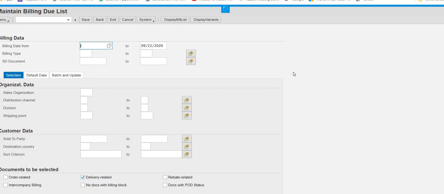Now in this step, what are they asking us to enter? Over here we need to enter some data, so we have to be careful about what data we enter. You have to enter UE00 in the sales organization. Where is the sales organization? Here is the sales organization. So you will put UE00. Again, it is given, nothing from my pocket.